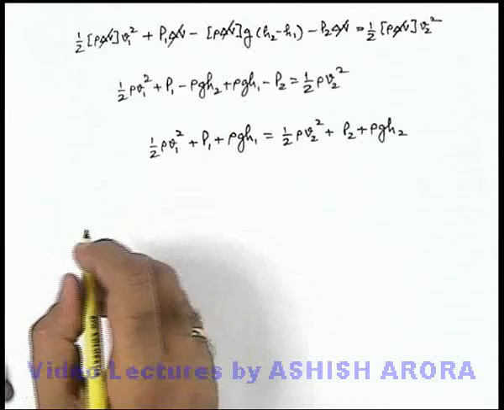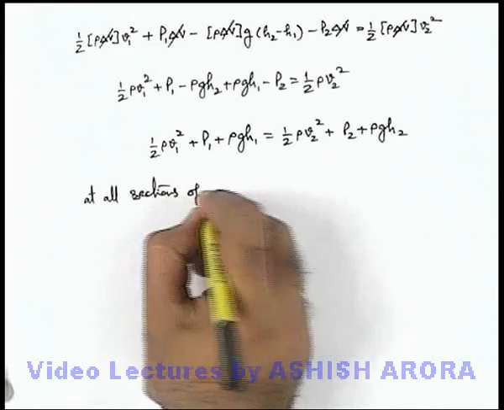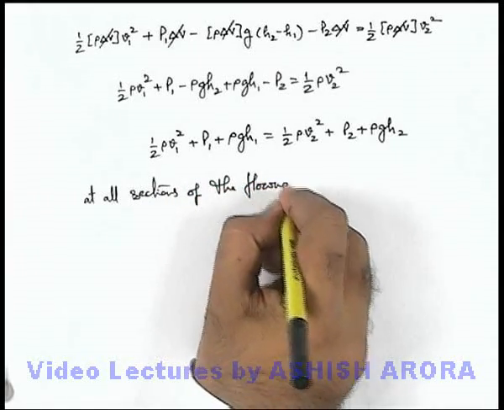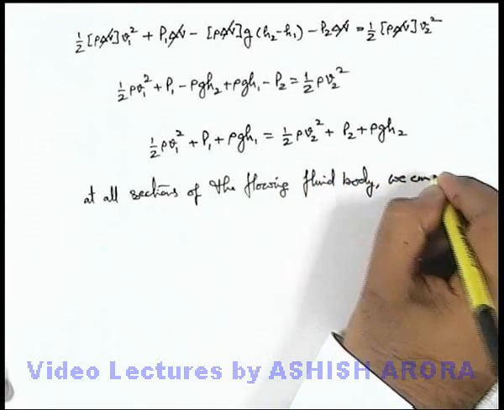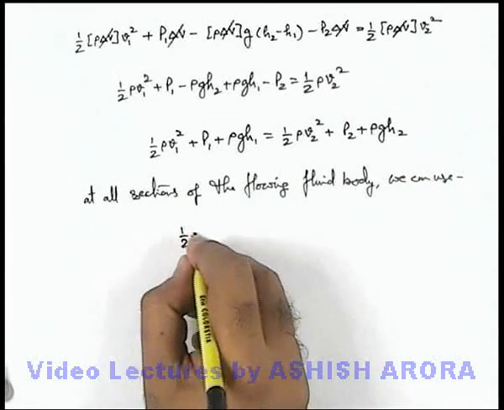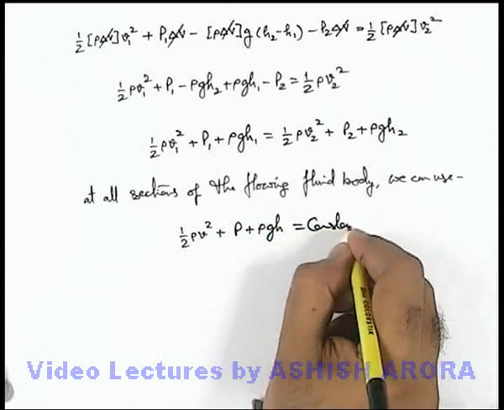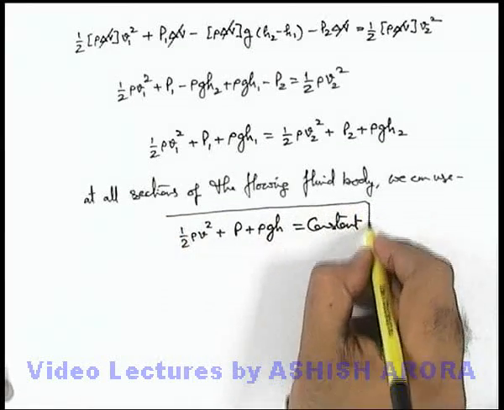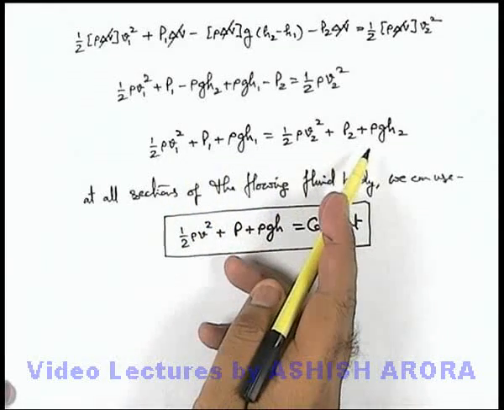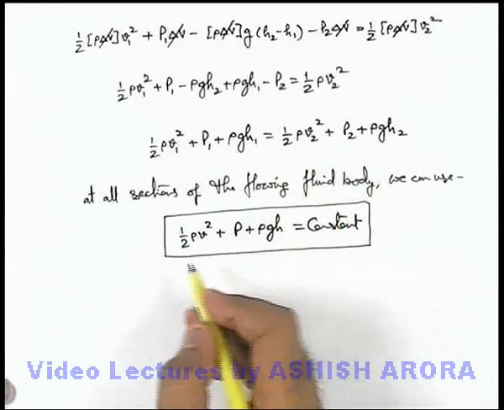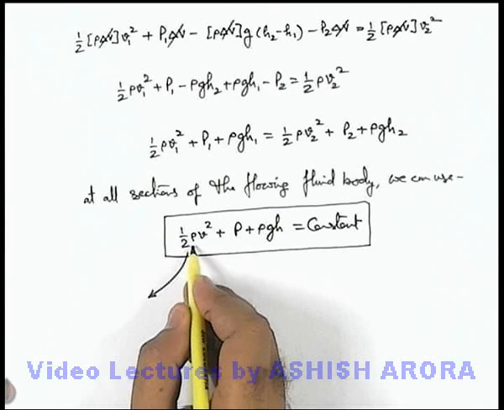If we carefully analyze, at all sections of the flowing fluid body we can write half rho V square plus pressure plus rho g h. This term will remain constant, as here we have written the work energy theorem for only two ends, so the summation of these terms comes out to be a constant. Looking at the first term, half rho V square, where rho is the mass per unit volume,